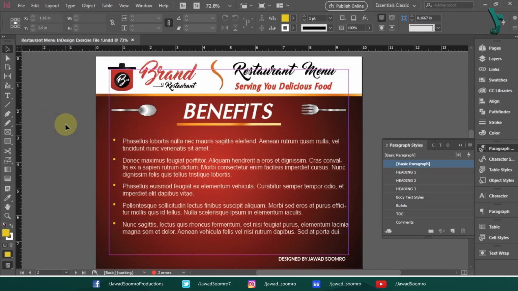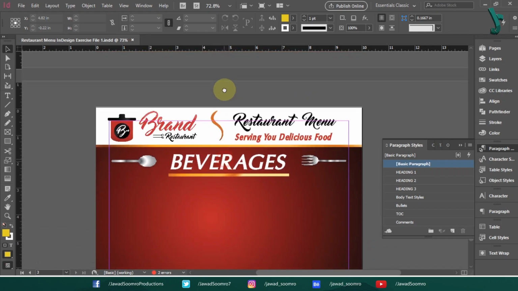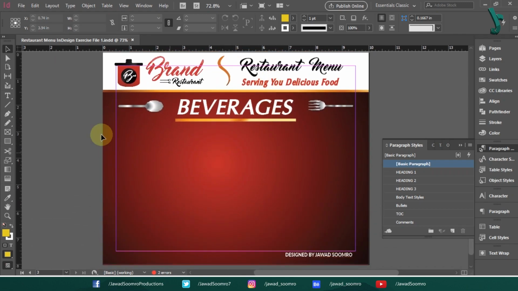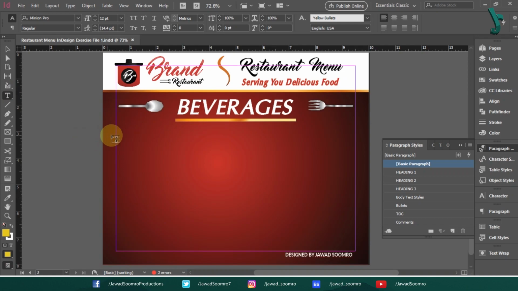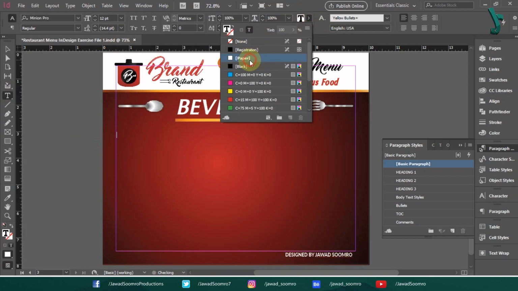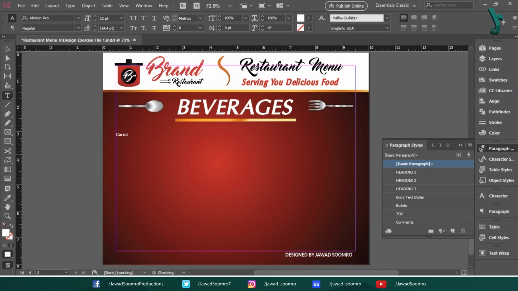One more thing. I want you to know that tabs are used for table of contents as well, just like the one you see in restaurant menus. Let's make a restaurant menu over here. Beverages, carrot juice, $2, then lime juice, $2.2, tomato juice,